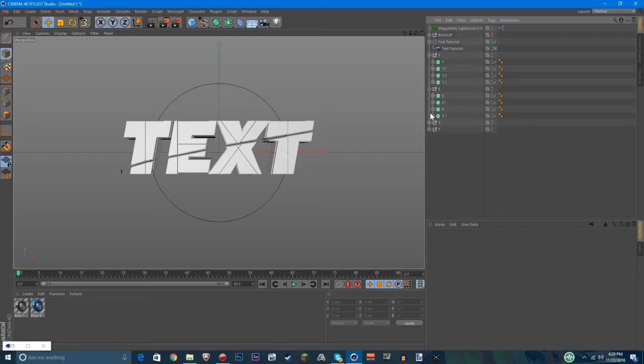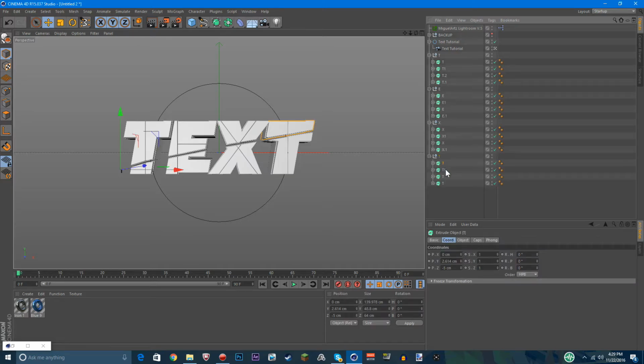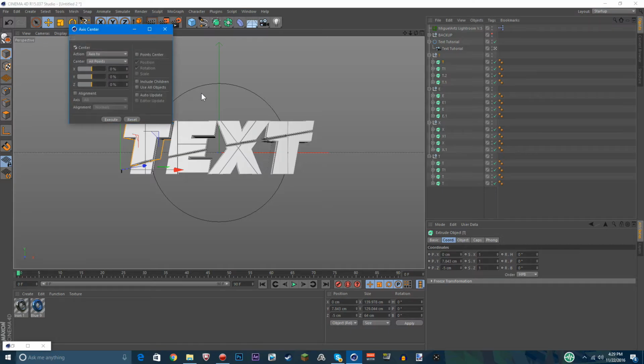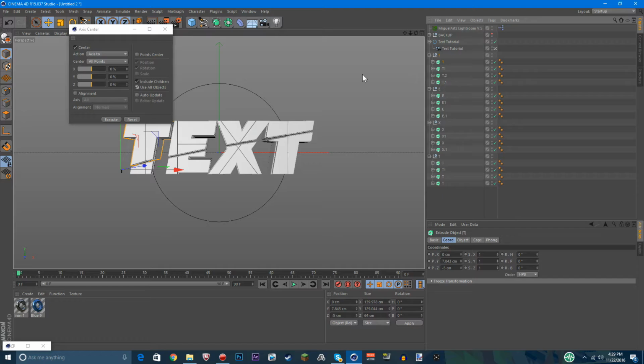Open up all of these files now. Now go up to Tools, go to Mesh, Axis Center, and go to Axis Center. Click Include Children and use all objects. Click on this, hit Execute. Now keep hitting Execute. It'll move. Oops, actually, we need to